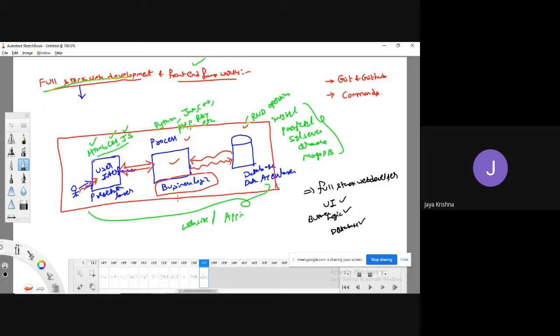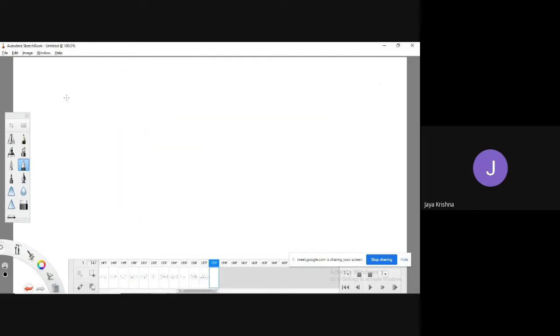Okay, fine. If you look at the user interface part, generally we can develop it with the help of HTML, CSS, and JavaScript. With this, we can develop the front end side, which we call the user interface.